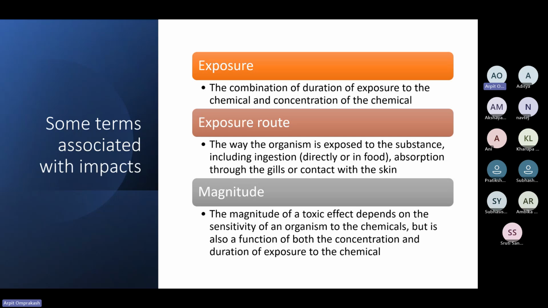The value depends on both the concentration and duration of exposure, but it also depends on the sensitivity of the organism. So two organisms which have different sensitivities will have different magnitudes of toxic effect, even if given the same concentration and duration of exposure to some